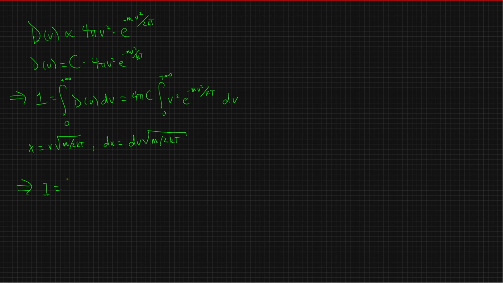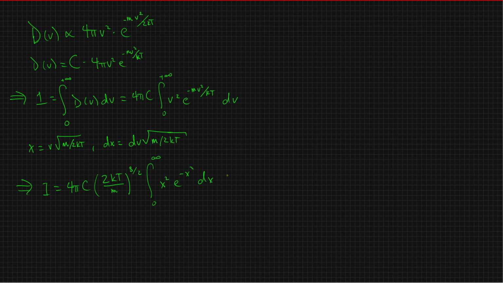So 1 is just going to be equal to 4πc times the factor 2kT over m, all to the 3/2. And then our integral just becomes 0 to infinity of x² e^(-x²) dx. Specifically, this is the integral that I talked about before, just with some extra factors appearing. So then if we use the result that I listed before for this,